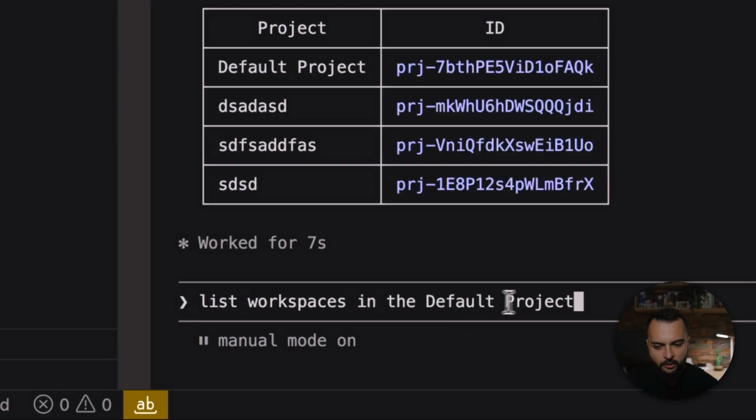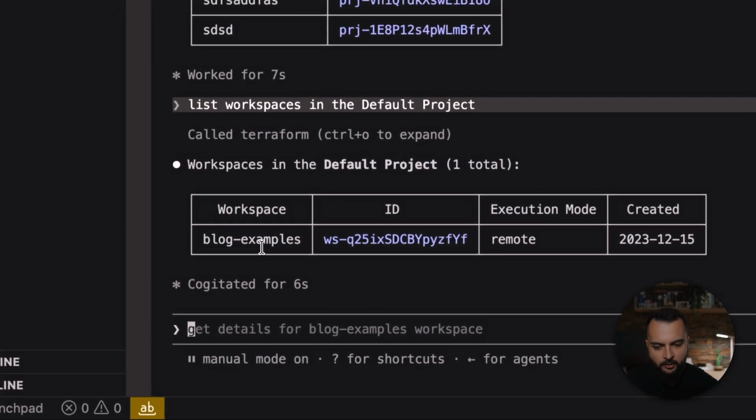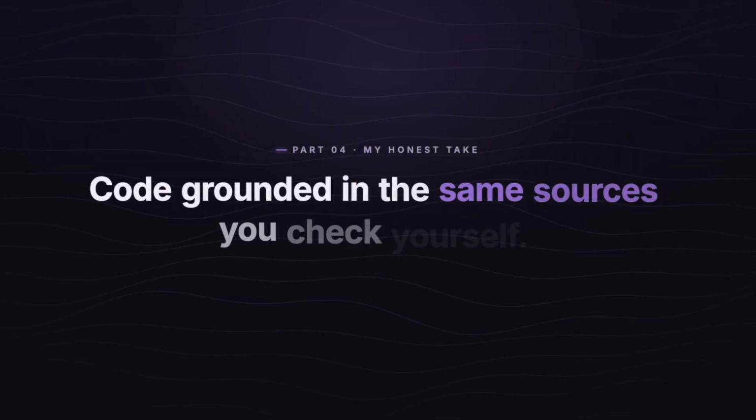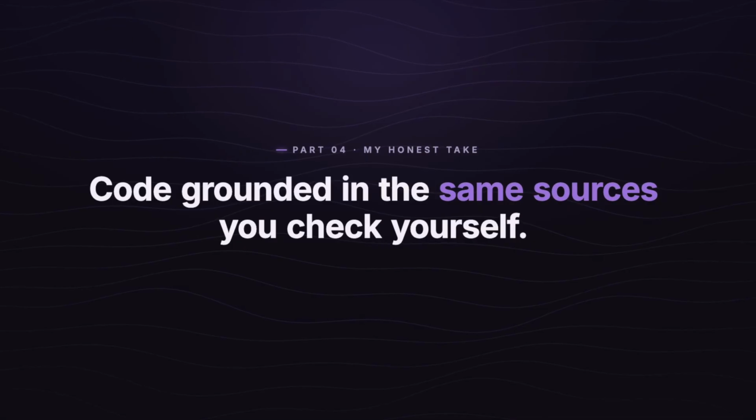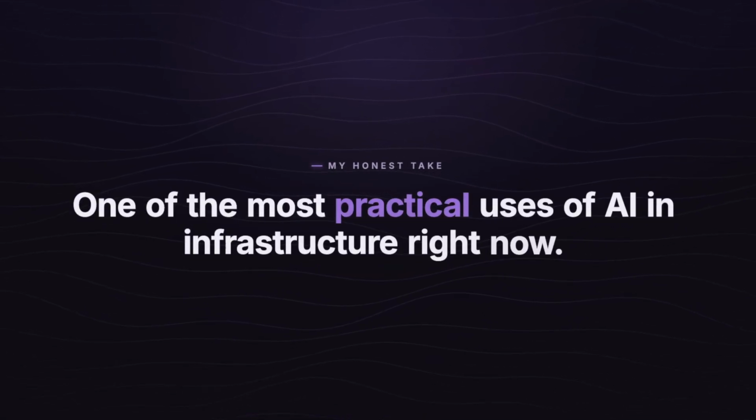Now let's say list workspaces in the default project. And you can see that I have a single workspace right here. If you're using HCP Terraform, this will help you a lot, but that's not the part that sells it for me because I'm not an HCP Terraform user. For me, it's the fact that you can actually write checkable code that's grounded in the same sources you check yourself. So my honest take, the Terraform MCP Server is one of the most practical uses of AI in the infrastructure space right now